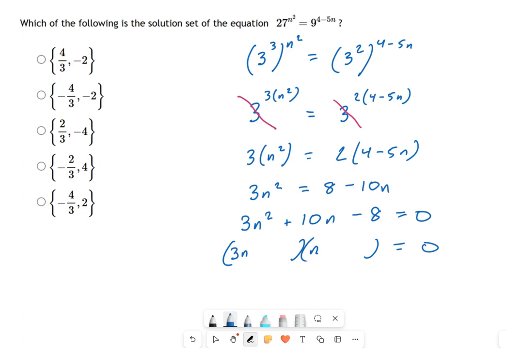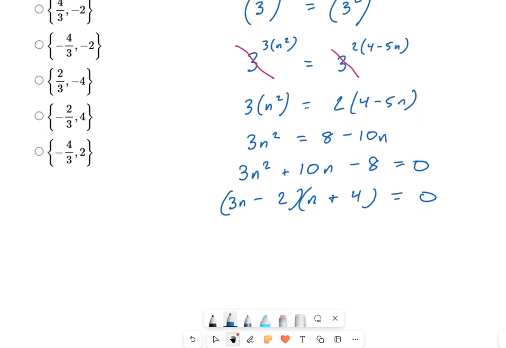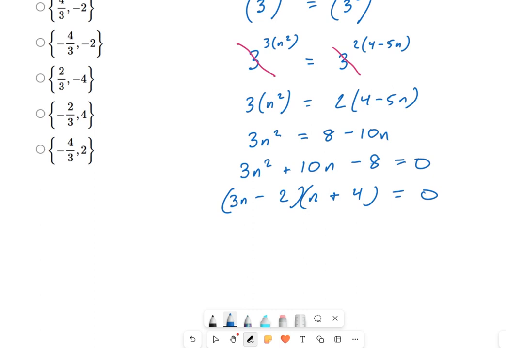I'm going to guess a 4 and a 2 over here. Okay, 3 times 4 is 12. 2 times 1 is 2. So I know that this must be a positive and this must be a negative. Okay, and if you guessed wrong, you just re-guess. There's better ways to do this than guessing, but I tend to use guessing when the problems are kind of small numbers like we have here. So from this one, I get n equals 2/3, and from this one over here, I get n equals -4.